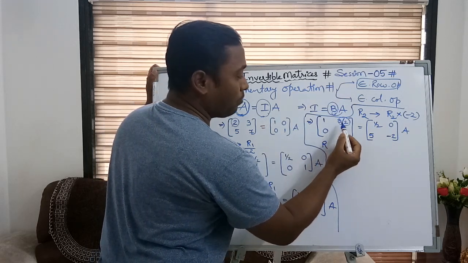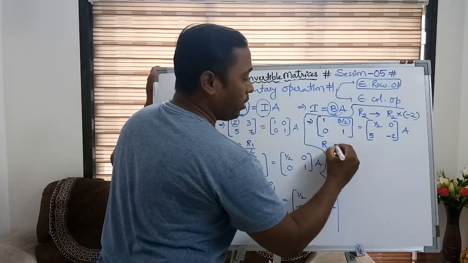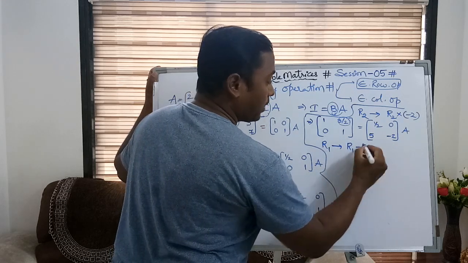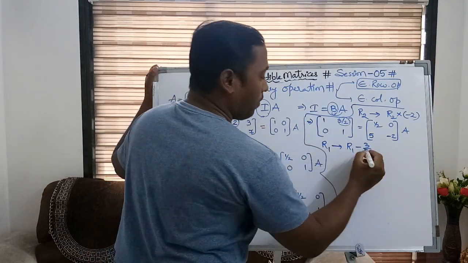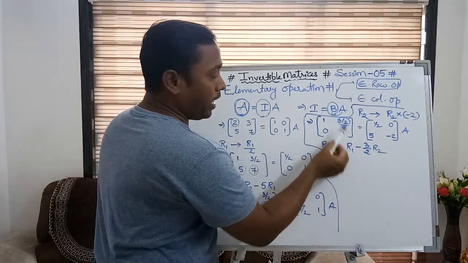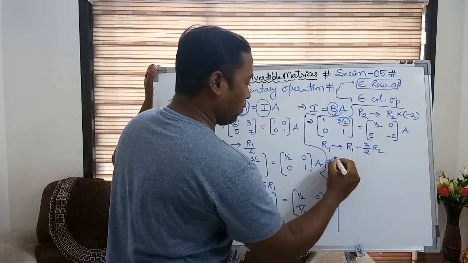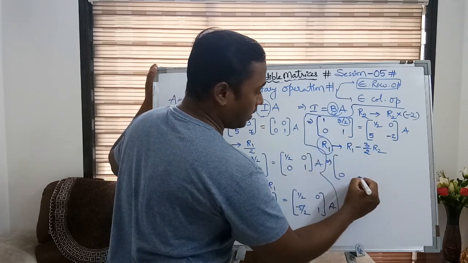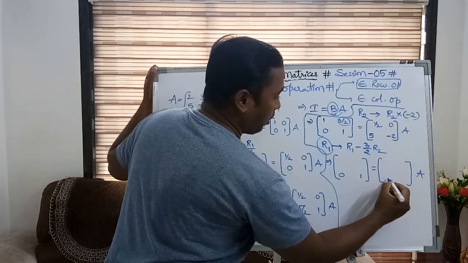So what I am looking for is the change in R1. मुझे R1 में change करना है, इसलिए R1 को ही लिख रहा हूँ मैं. R1 is going to change. How? R1 minus 3 by 2 times of R2. Remember, यानी R1 के एलिमेंट में से क्या सब्ट्रैक्ट होगा? 3 by 2 times of R2. So if I do that step, what am I going to get? Here R1 is going to change, hence the R2 elements in the second row will remain the same. So first I will write those elements which are not at all disturbed.